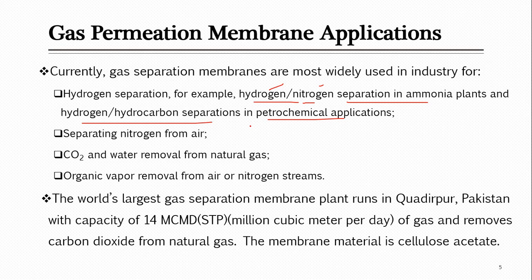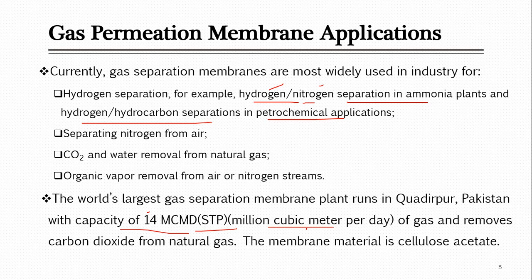It's located inside Sindh, in interior Sindh, and based on one research paper which was published in 2006, at the end of the lecture I have a link for that paper, the production capacity of this plant was cleaning about 14 million cubic meters of gas per day. I was just reading through Wikipedia, I'm not sure about that, but the current capacity of this plant is somehow 17 million cubic meters per day.